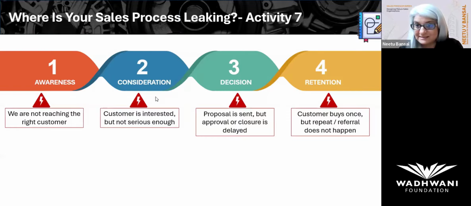Now the challenge for us is that this gatekeeper is never going to tell you that he's the gatekeeper. He will act like, oh, it's all in my hand, I have been given the responsibility. So they try to take all information from you. And when you ask, when are you deciding, what is the decision process, they say, oh, I've given it to my boss, he will decide and come back to you. That's when you realize that he's playing the role of a gatekeeper. Now the challenge here is that this gatekeeper may sound useless, but he's actually very, very useful. Because if you skip him and go directly to his boss, he can create hurdles for you.